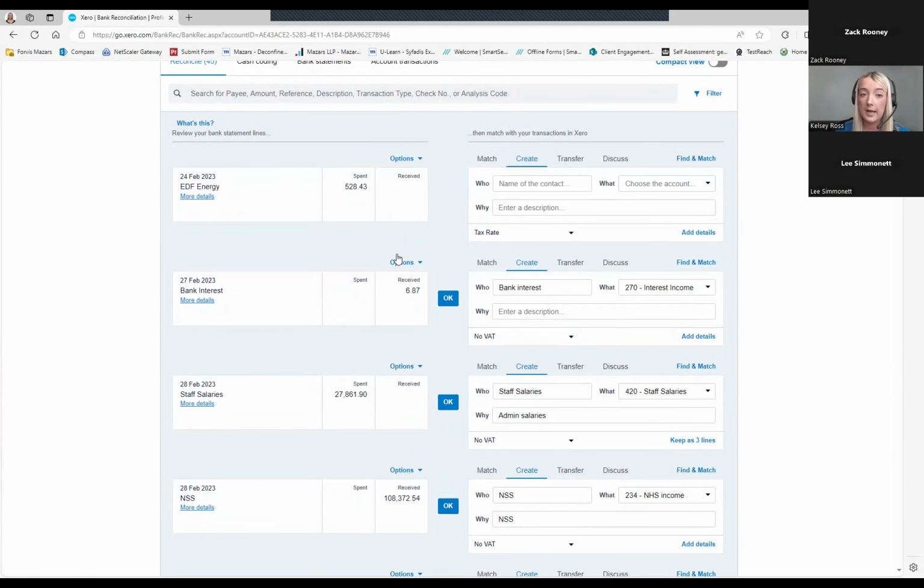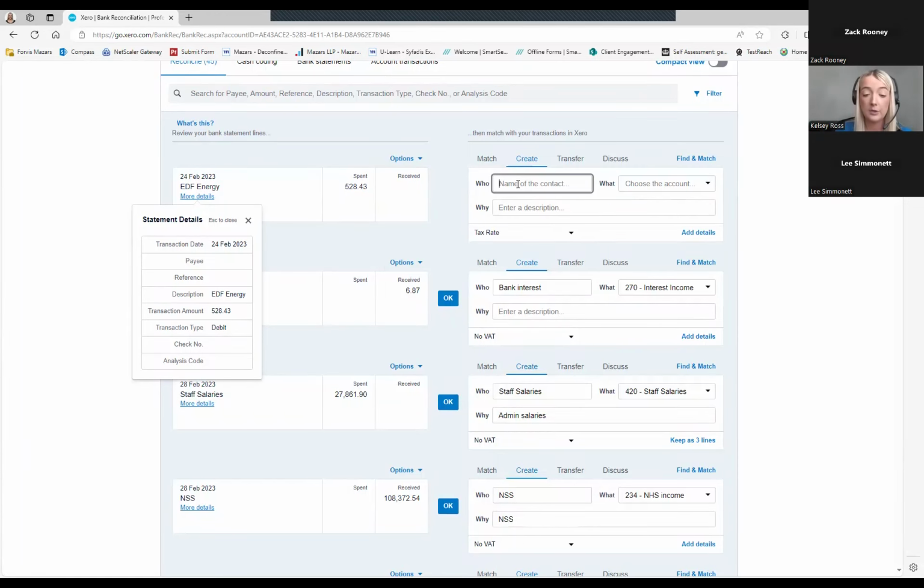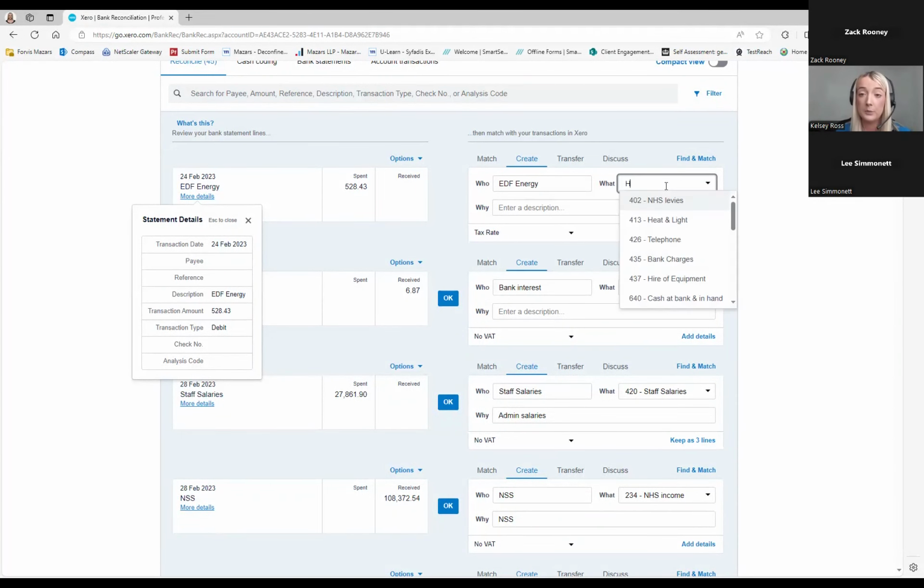The next transaction I have is EDF Energy. So to reconcile this, I would simply just say who it is. So within the who, I would just say EDF. Now I've previously entered this before, so I've got it here. My what, so this is where I would code it. This is to do with the chart of accounts, which I will go into more depth in a little bit. But essentially what these are is just the codes that you've got within Xero. So with Xero, you can start typing what you're looking for. So I'm wanting to put this to the heat and light code. I would then just select this,